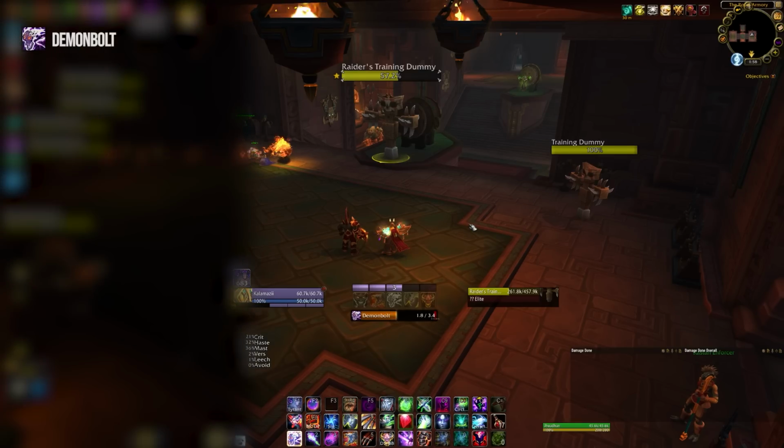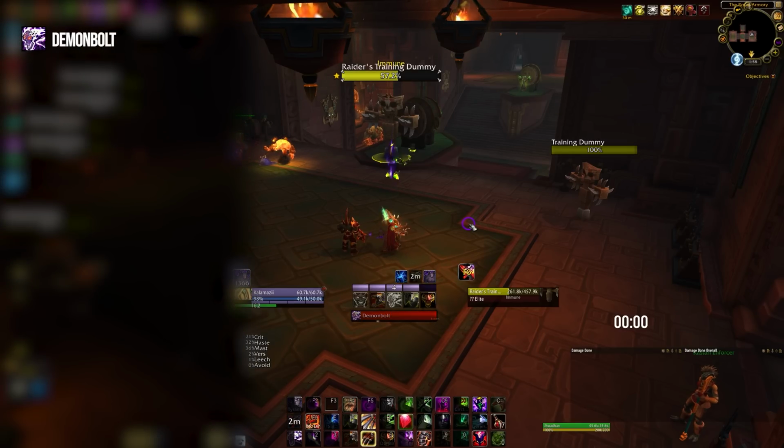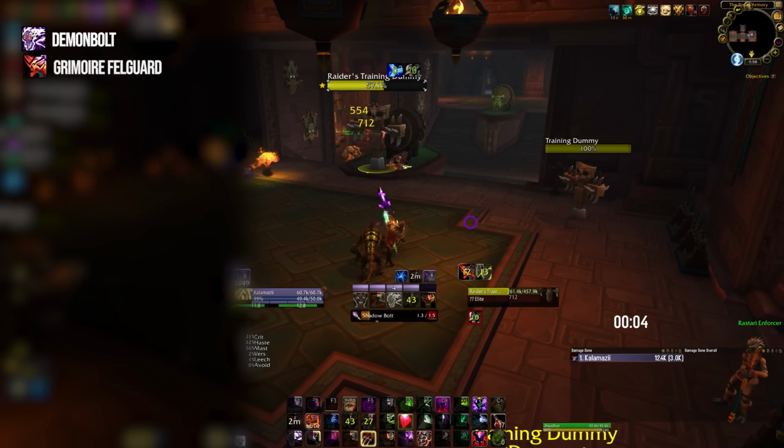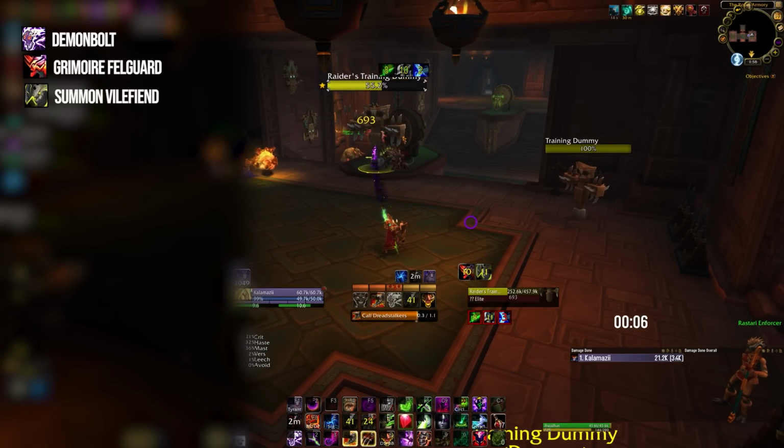So you'll precast Demon Bolt with about 4 seconds again before the boss is pulled. You'll forego the Soul Rot cast after that. So you'll go Demon Bolt right into Grimoire Felguard, into Vile Fiend, and then once again, 2 Shadow Bolts back